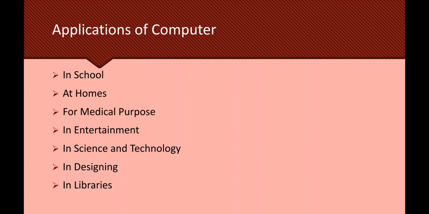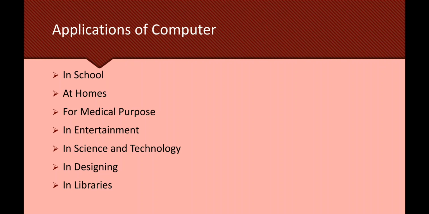Then science and technology: in science and technology, computers are used for launching missiles and satellites, research and invention, controlling air traffic, weather forecasting, or research and collection of data, right? So this is all about science and technology. Your next one is designing, like designing machines and equipment, drawing building maps. Then making designs of houses, maps of the houses. Fashion designers also use computers to design dresses, right?